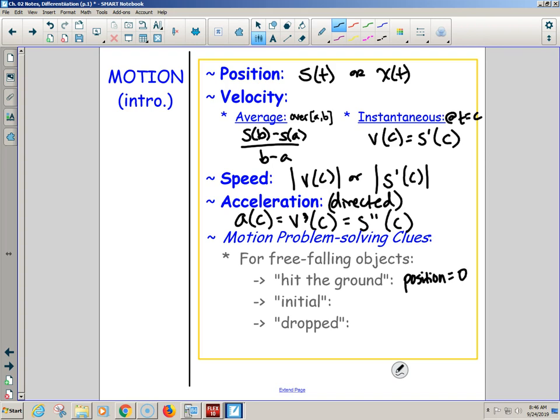Although in physics, you can actually make it negative or something. Anyway, we'll stop. Initial means at the beginning, aka time is 0. Well, maybe you start something initially at 9 a.m. So okay, time is at the beginning, whenever the beginning is. Maybe it's the 0 hour, but maybe it's something else. We'll just say beginning. And dropped